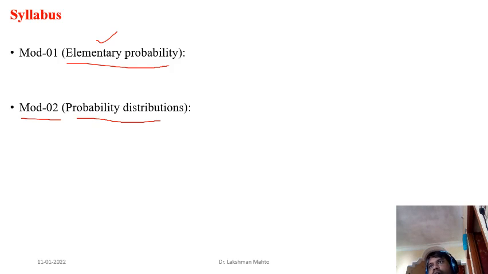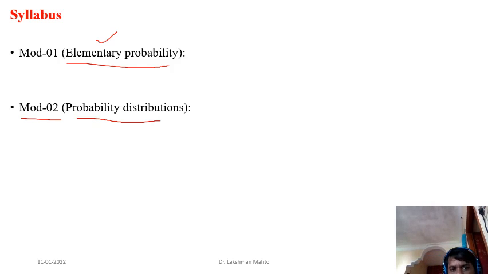Whatever data you have in hand as input, you try to learn a function so that you can say the data is coming from that function, or simply you try to learn a distribution. If you have a very good idea of distributions, then you can understand machine learning and other courses. So I will give a very interesting, intuitive explanation of all possible probability distributions, and how we can apply them to get some complex distributions as well.